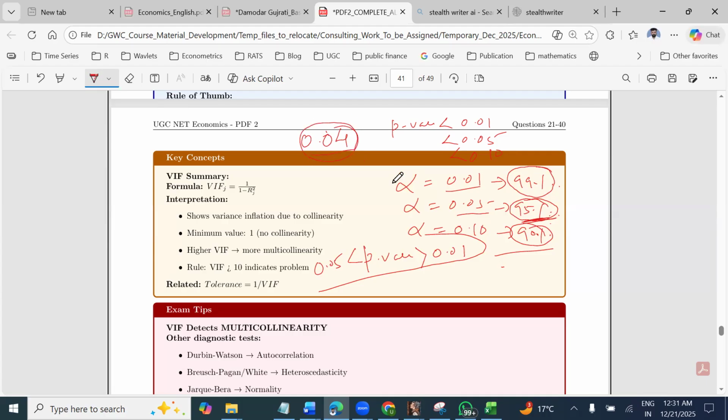So this is greater than 0.01 but less than 0.05. That is the reason why I am saying when a test statistic is statistically significant at 0.01 level of significance, then definitely it is also statistically significant at 0.05 level of significance,